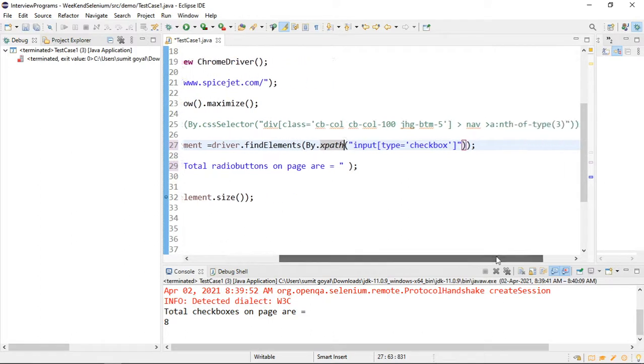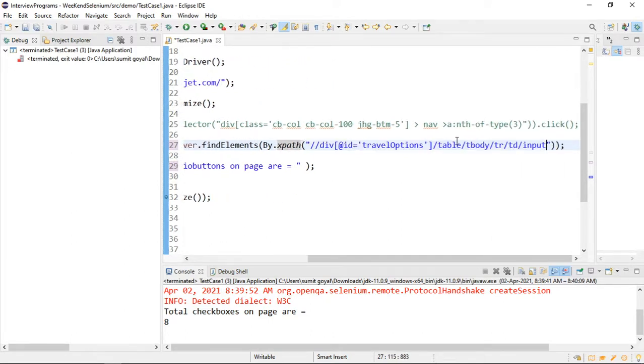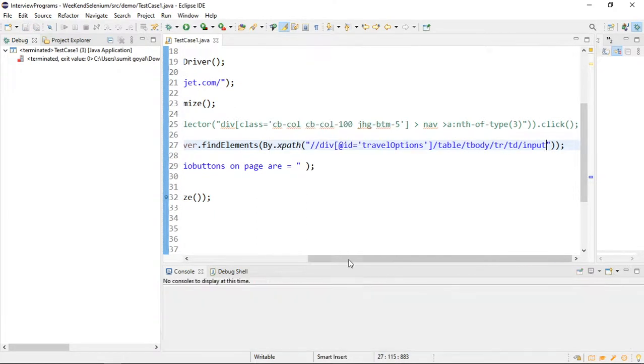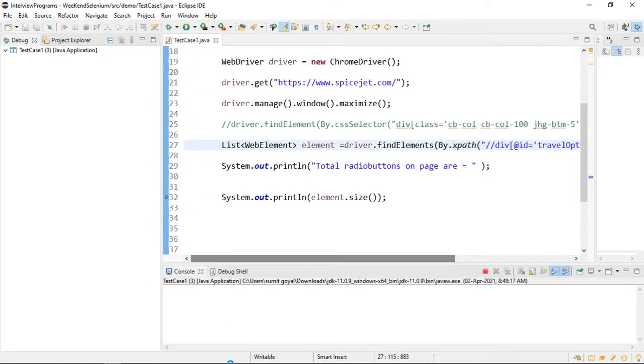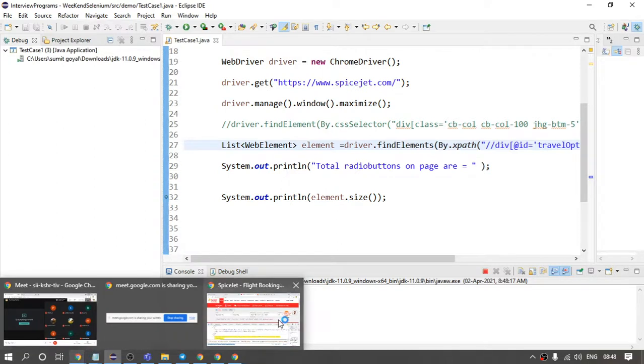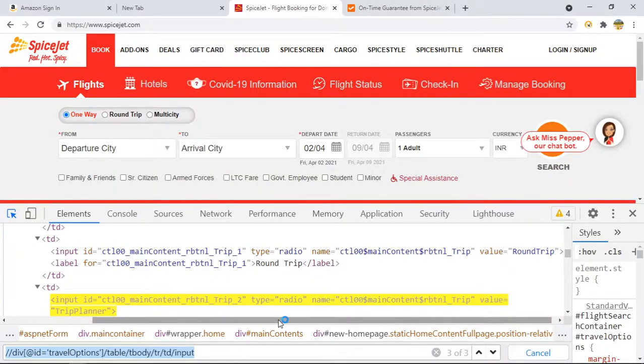After that, I provide the XPath here, save the code, and run it. Let us see how many total radio buttons there are. It is a very simple thing, because here we are finding the 3 with this XPath. So again you will get the same.